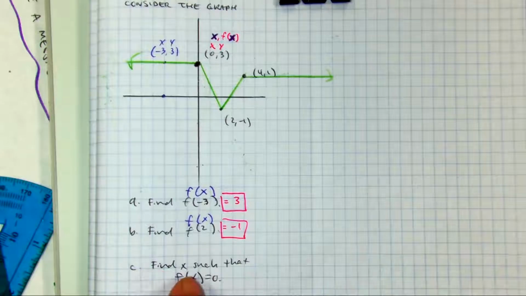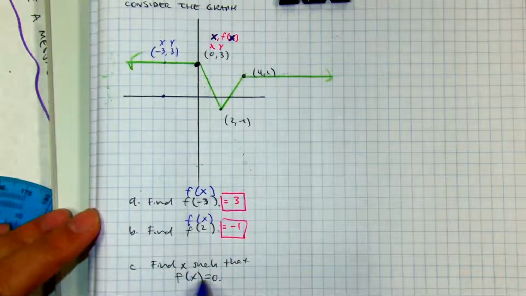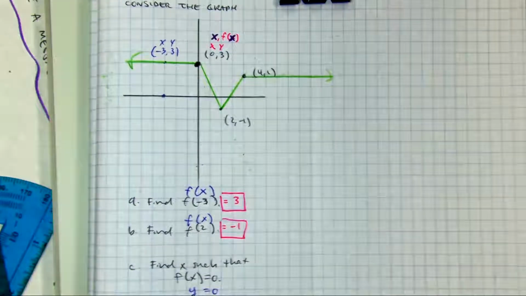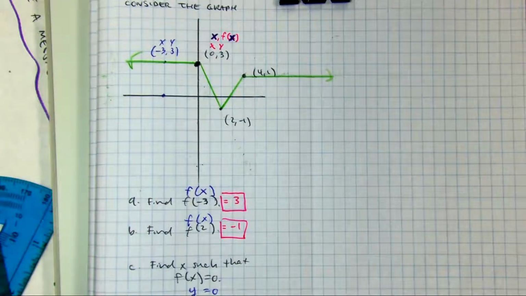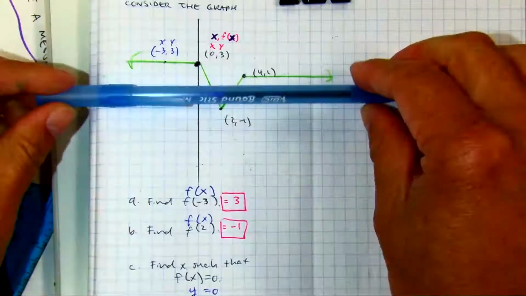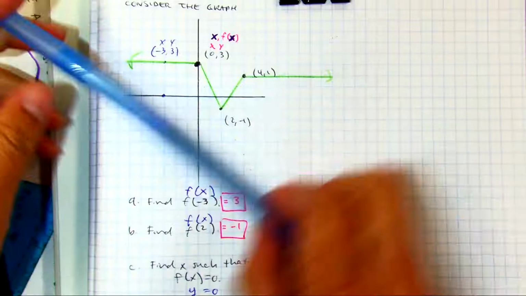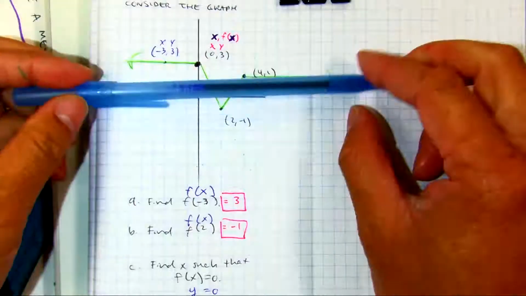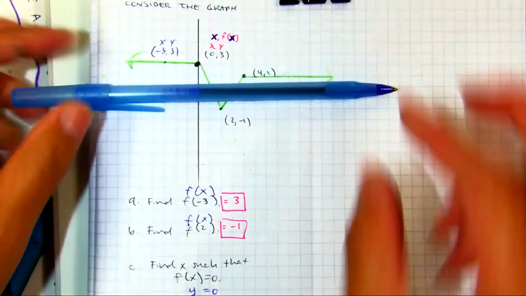Find x such that f of x equals 0. Class, what's an easier way of saying f of x equals 0? Y equals 0. Okay, put your pen down now. You're putting your pen this way now. Do you see why? Because here we were looking at x values and where the graph intersected on the y-axis. Now we're putting it this direction and seeing where it intersects this way. Okay? So at y equals 0,